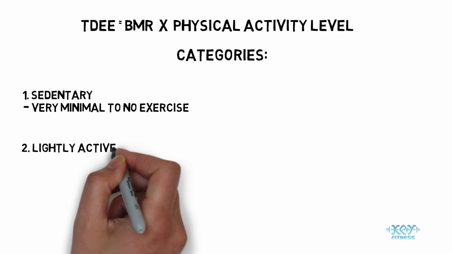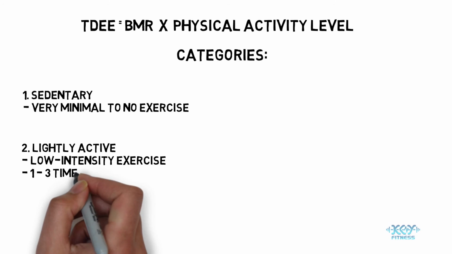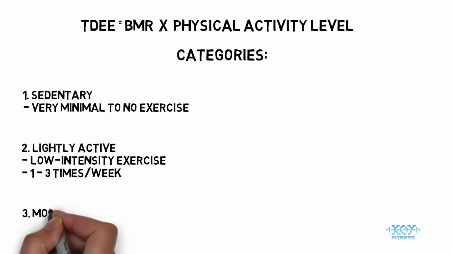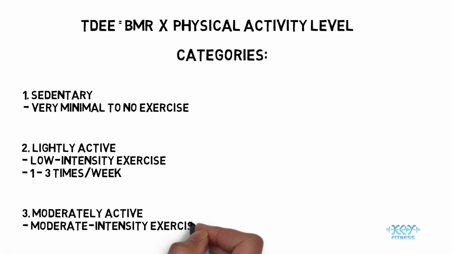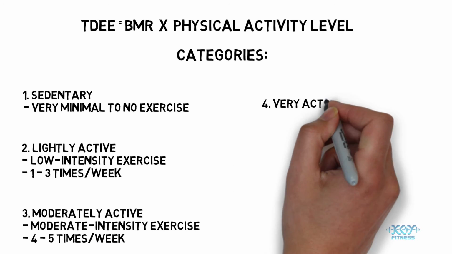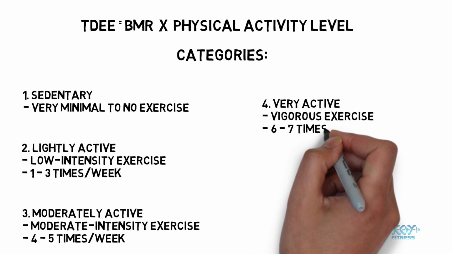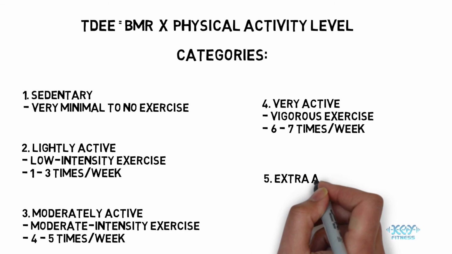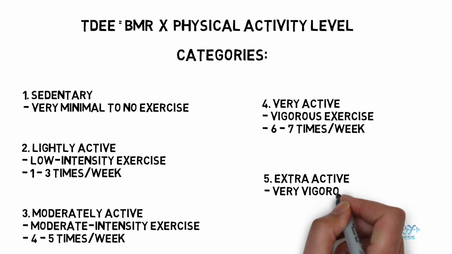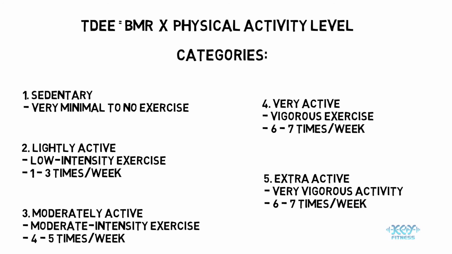Number 2. Lightly active. The people in this category only do low intensity exercise 1 to 3 times per week. Number 3. Moderately active. It means the person does moderate intensity exercise 4 to 5 times per week. Number 4. Very active. In this category, the person does vigorous exercise 6 to 7 times per week. Number 5. Extra active. Normally, this category is for elite athletes as they train with very vigorous exercise 6 to